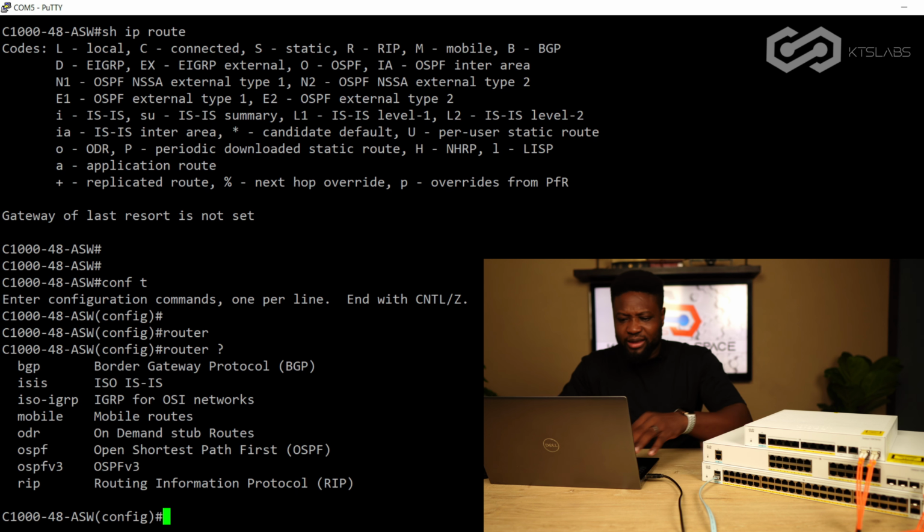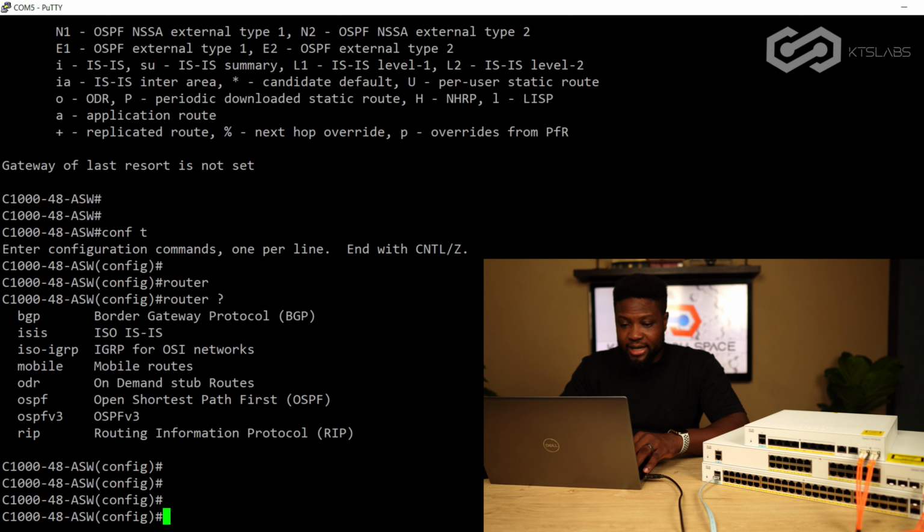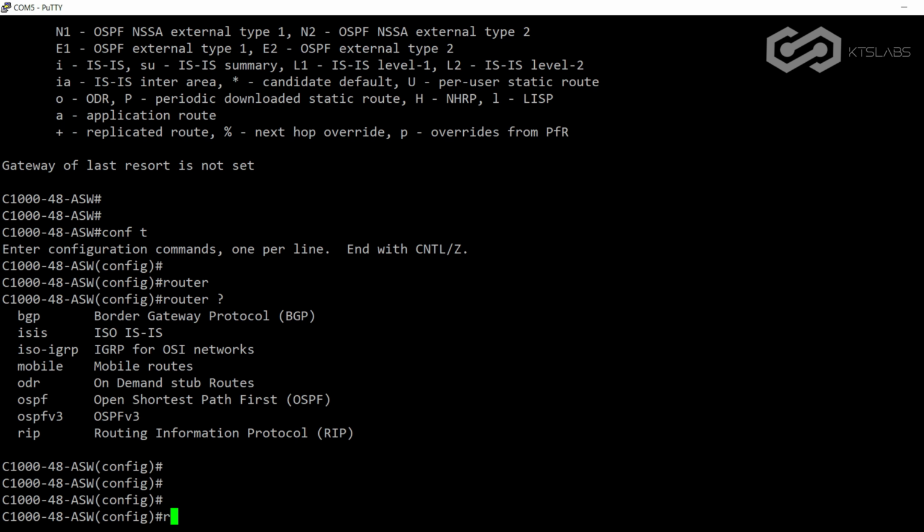This is the 1000 series. I mean, this is still the 1000 series, and look at that. Wow, that is good, right? So that is amazing. We're not going to configure any routing here, but